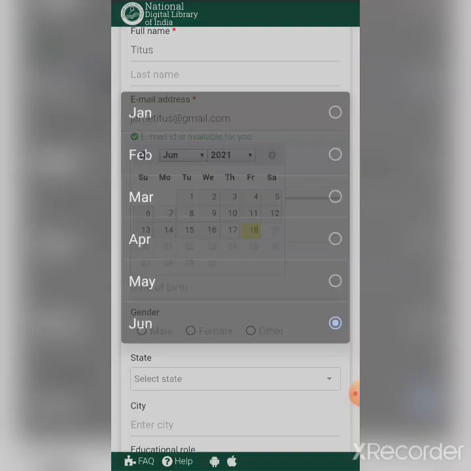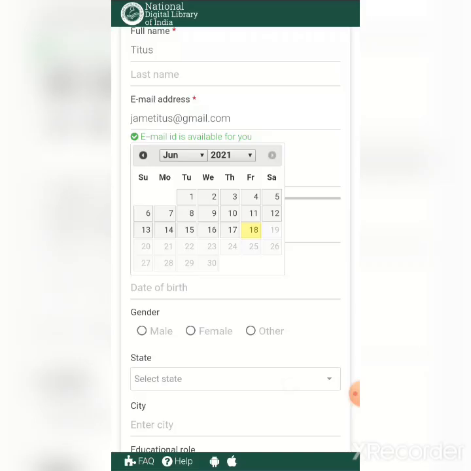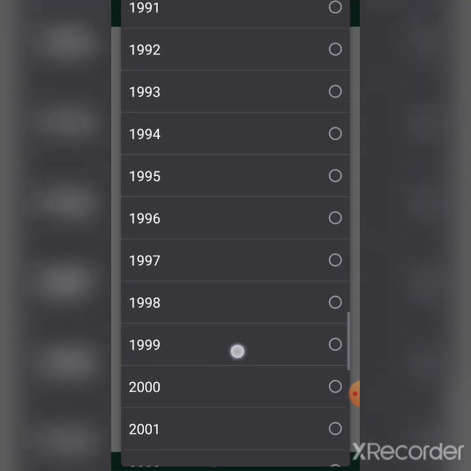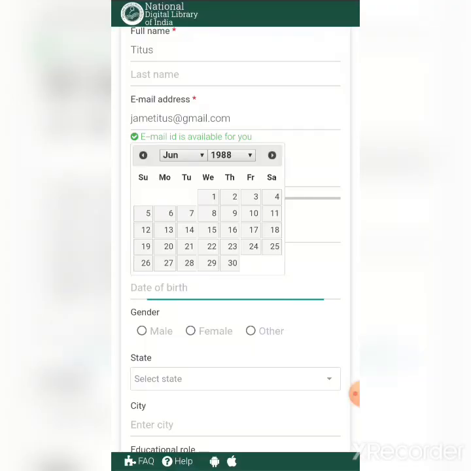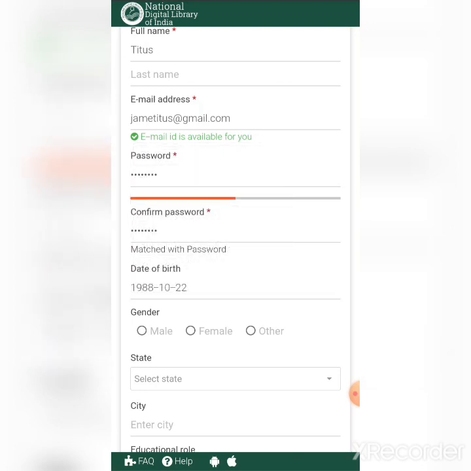And you have to give your date of birth. For example, first you have to select the year, 1988, then October 22nd.